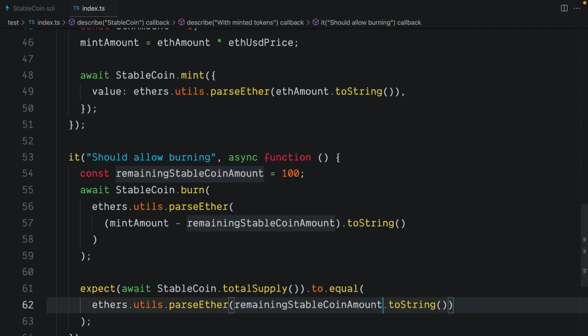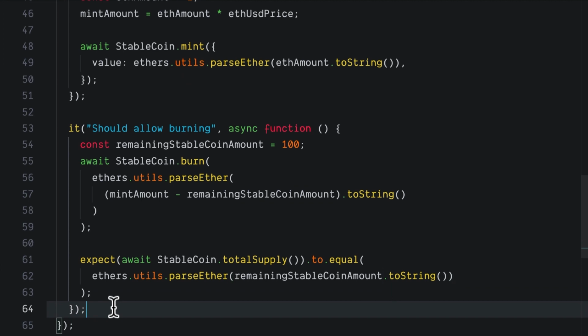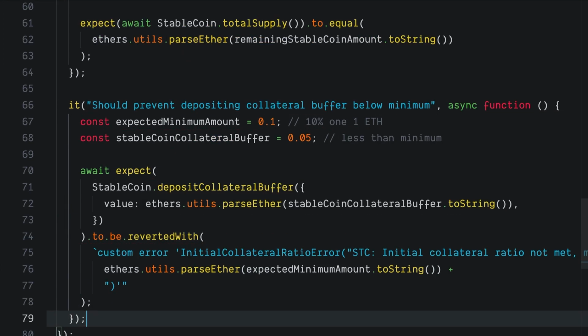Now we have some basic tests for burning and minting the stablecoin. Now we can actually go towards testing depositing and withdrawing this collateral amount, and they will of course then create the depositor coin. And so as a first test, I have again this one here, which is testing that we in fact require someone to deposit this initial ratio of